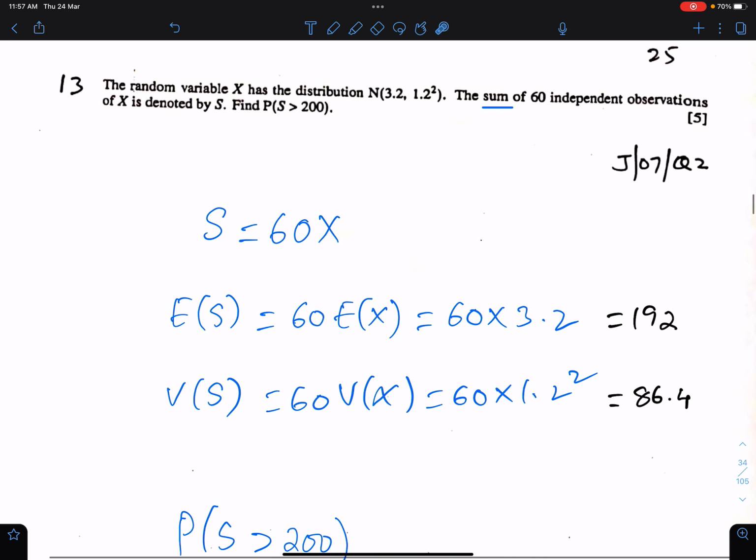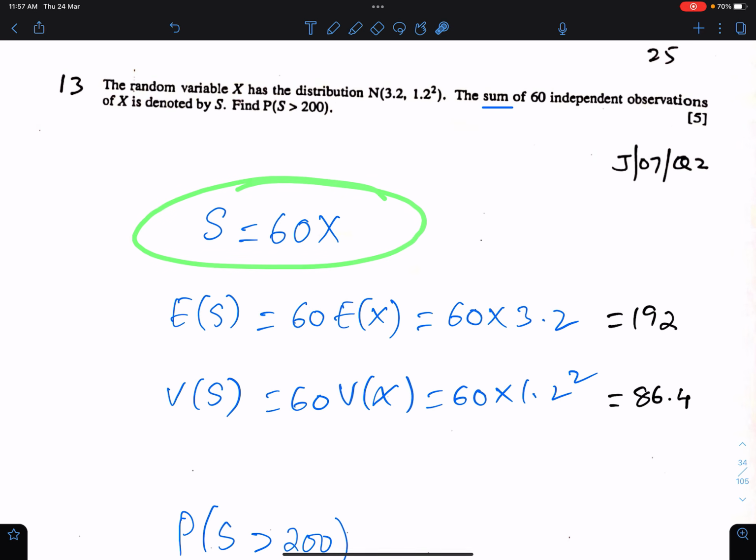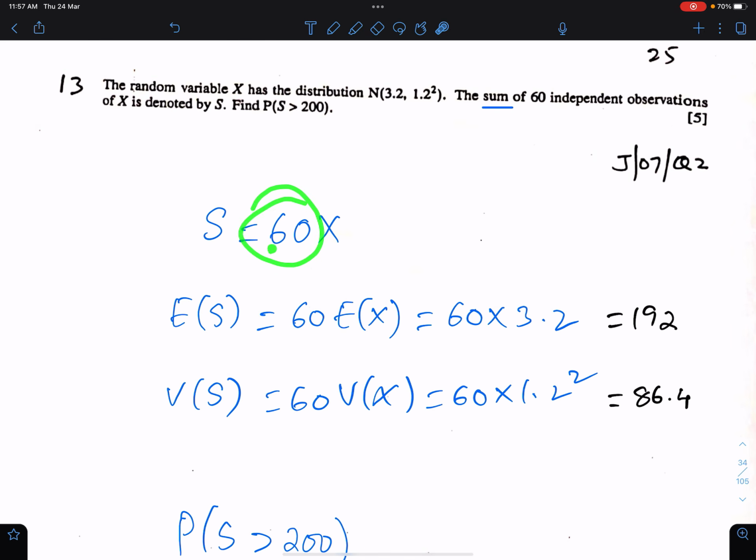13. Next question. The random variable x has the distribution. This S means total of 60 independent observations like x plus x plus x. So 60x. We need this probability. Since this 60 is not a multiple of x, we will not square this 60 while working out the variance of S. We will copy this as it is, like this. So this is the mean of this 60